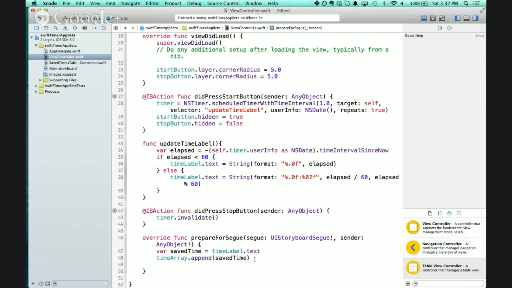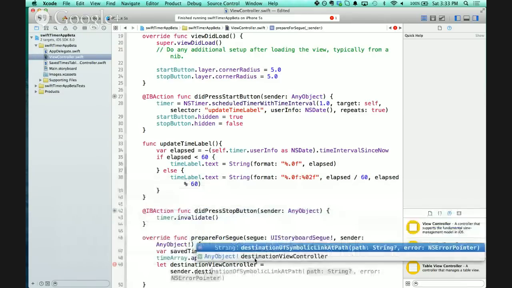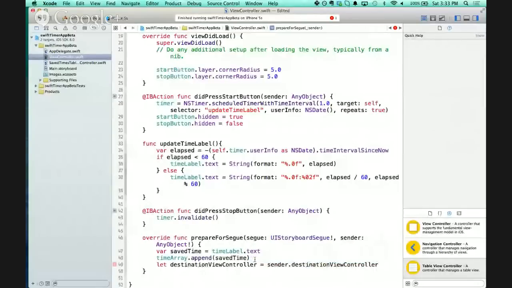So next, I don't know if you've seen this yet, but it's just another type of variable that can't be changed. It's a constant. So we're saying let destination view controller equal sender dot. I'll go over this. So we're saying let our constant named destination view controller equal